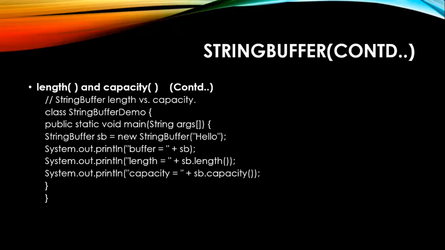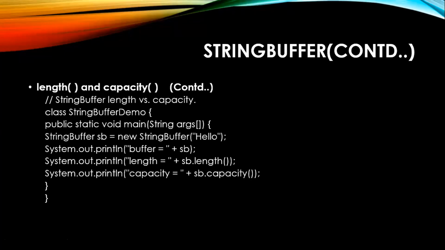Right? So the first println statement will give you Hello, the second println statement will give you the number of characters in that Hello, and the third statement will give you the capacity. Capacity is nothing but the maximum number of characters that the StringBuffer can allocate. Already 5 has been allocated, so it will have another 16 spaces, so total capacity will be 21. I have not written the output, but we will see an example on this one, so you will have more clarity.